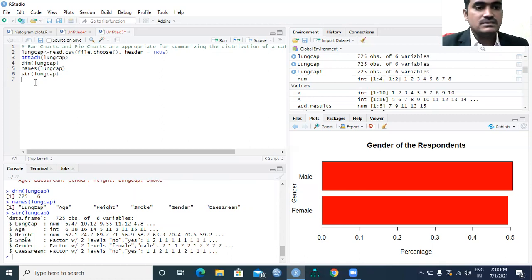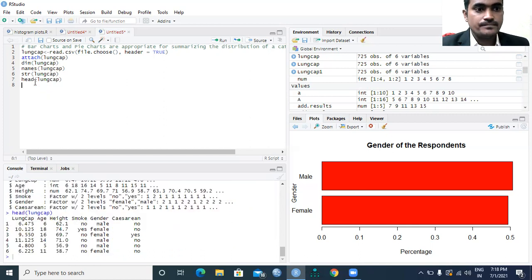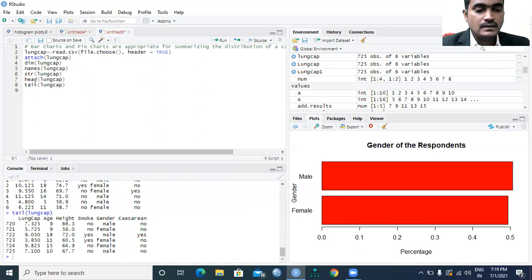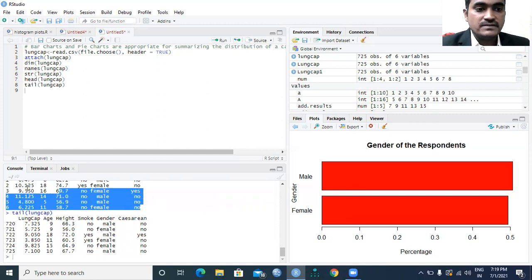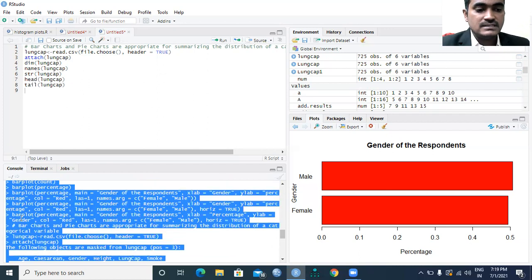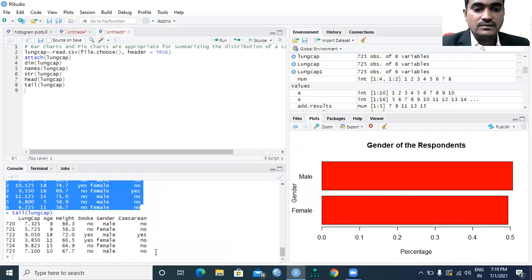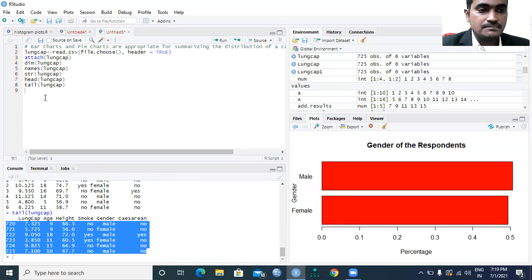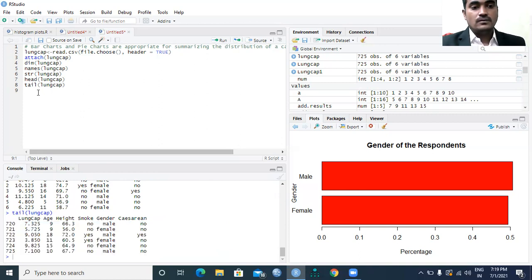And I want to see the head of the lung cap data, and the tail of the lung cap data. The head will give you the first 6 observations of the lung cap data set, and tail will give you the last 6 observations of the lung cap data. Now,